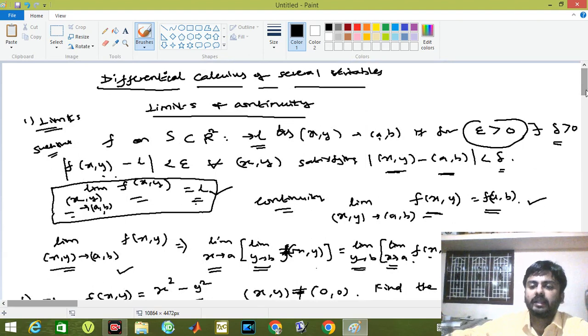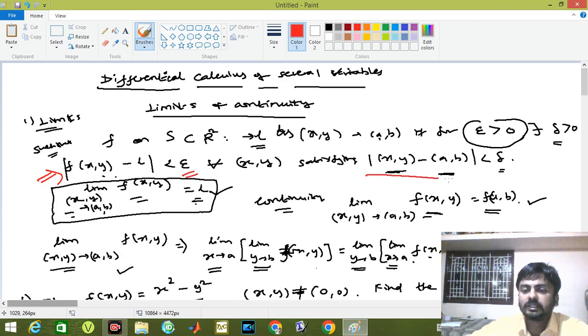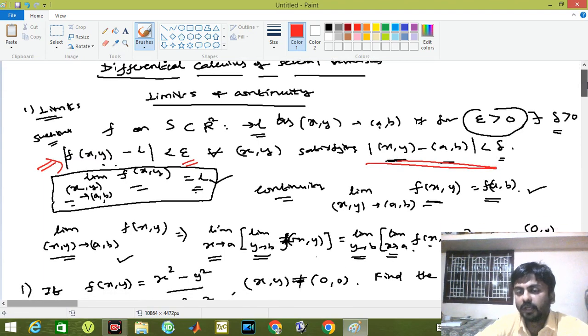Here, the modulus of (x, y) minus (a, b) is less than delta, and limit (x, y) tends to (a, b) of f(x, y) equals L, when the modulus of f(x, y) minus L is less than epsilon. So you have to keep in mind these three things. This is one thing where you can have epsilon, and this is another thing where you can have delta. Also, when you are having modulus,